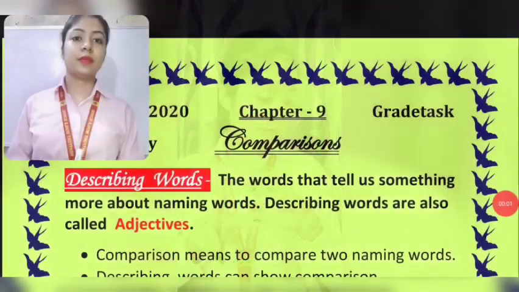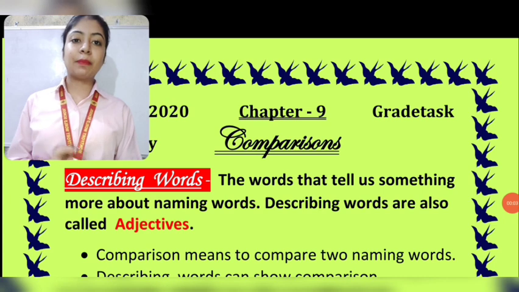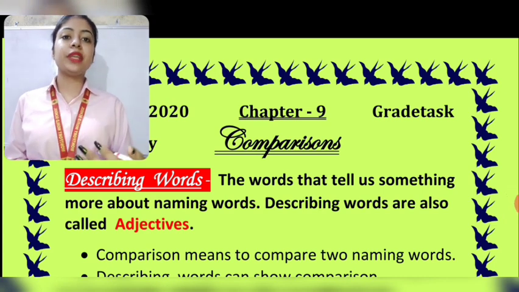And one more thing, in the sentences, to show comparison, we use the word than. THAN, than. The word than is used to show the comparison. So two things you have to keep in your mind. You have to add ER at the last to make it the comparative form, and you have to write than to show the comparison. So let us understand the chapter further with the help of this PDF.